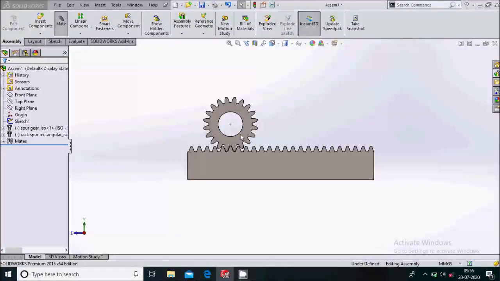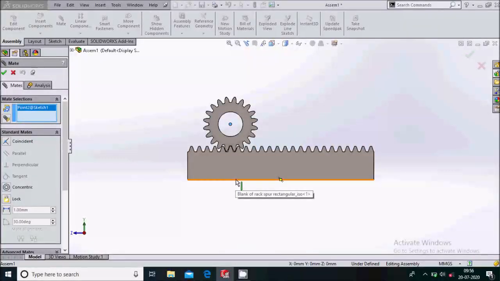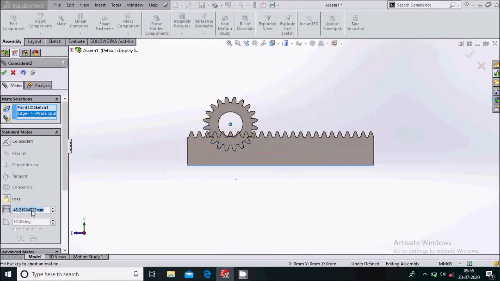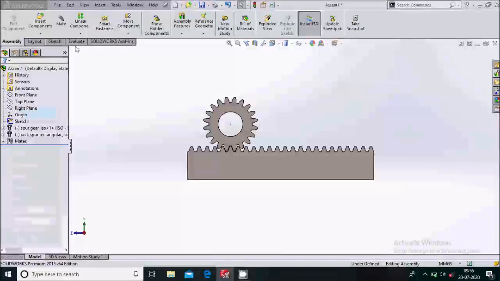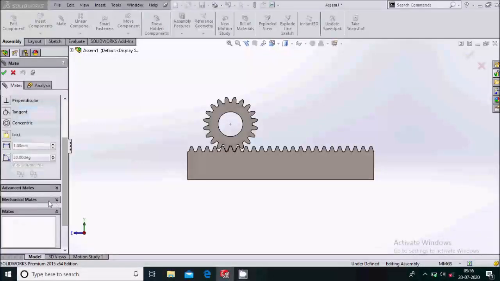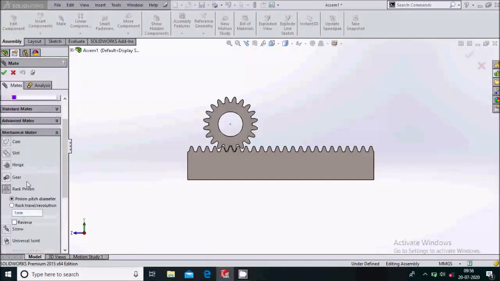Now we'll go for one more mate, that is the distance mate, distance between the center and the edge of the rack, which we will keep 45. Simply keep it as it is. OK. Now we'll go to one more important mate, that is the rack and pinion mate, which you find under mechanical mate, rack and pinion.